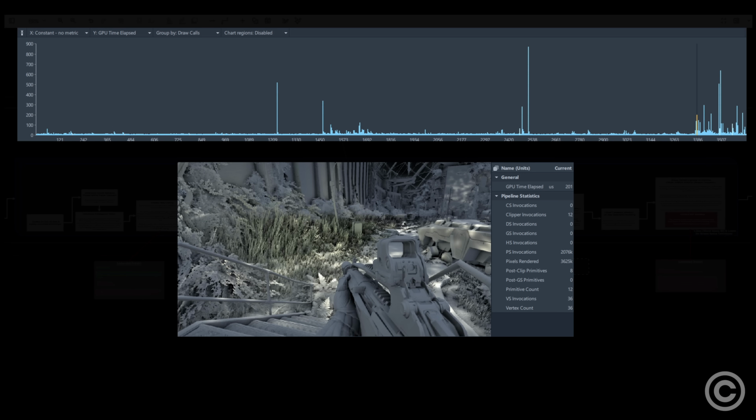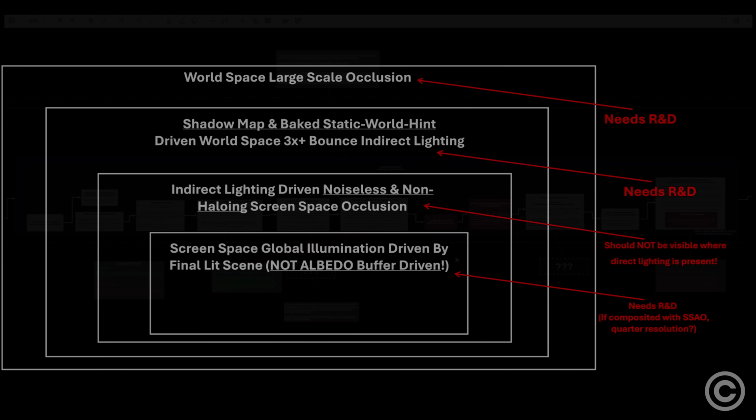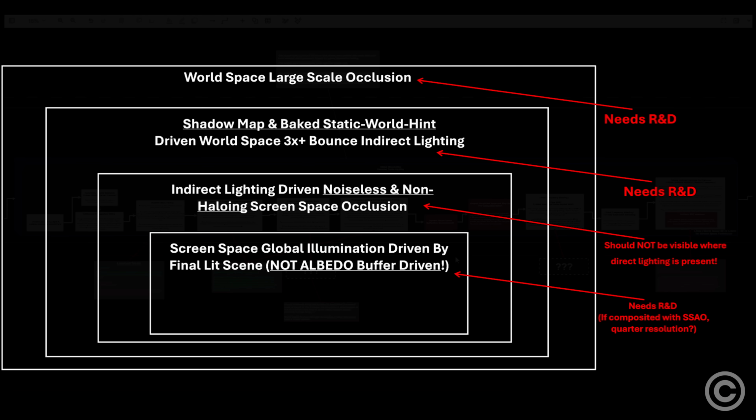Reflective shadow maps, or RSMs, cost around 0.3 to 0.6 milliseconds if you render them every frame. That's a lot in comparison with the zero cost of not rendering it at all, and instead feeding your indirect lighting evaluation process with the pre-existing shadow maps and baked world space information, as Days Gone and The Division do. If these layers are provided under a 2 millisecond budget with noiseless results, your direct lighting will be massively